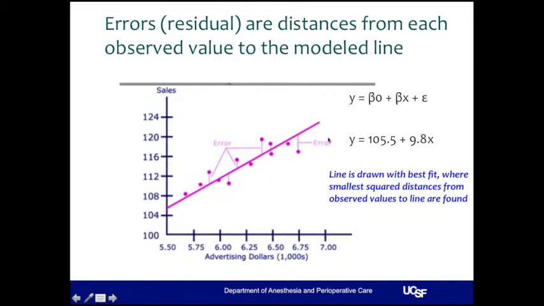We figure out mathematically how to draw a line where all of these distances are minimal, and we call that fitting a line. In this case, we can look at the slope, and we can see that the slope is close to 10. It's actually 9.8. We can see the intercept is about 105.5, and so at a